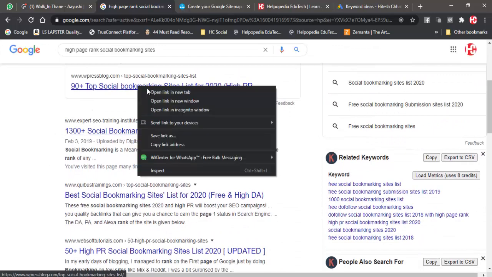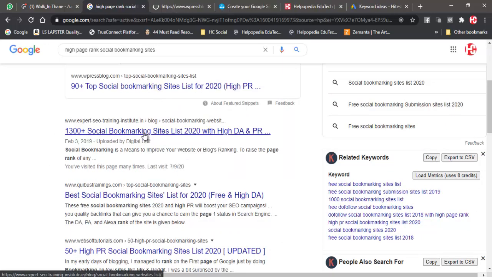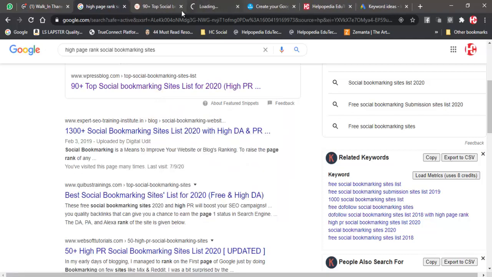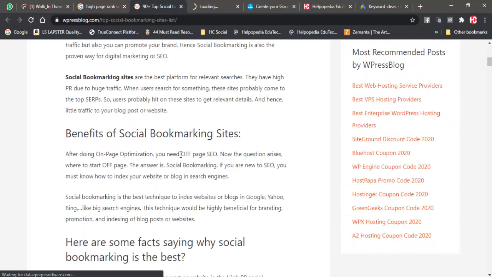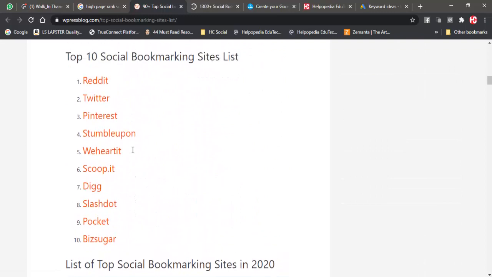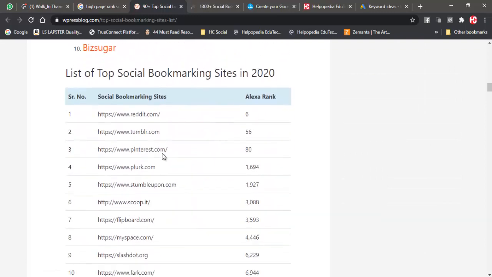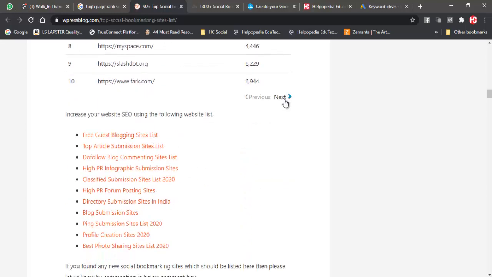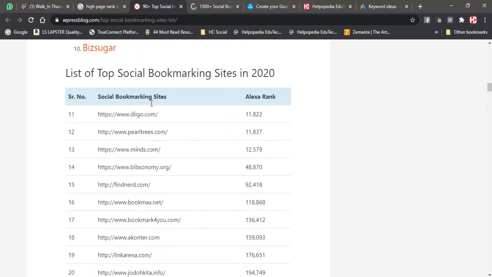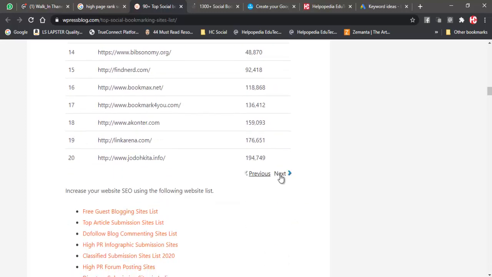If I open this, I'll get a list of top 90 websites where I can go and create my profile and post my content. Here the list is provided, and then next 11 to 20, then 21 to 30, then 31 to 40, like this.